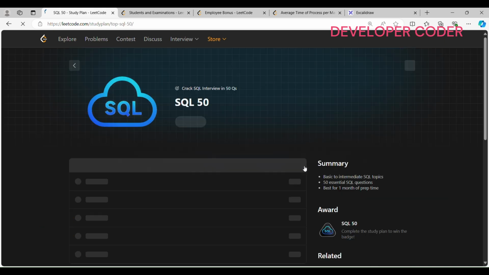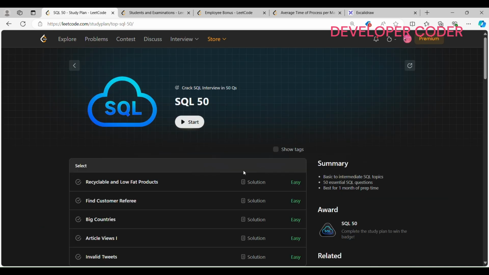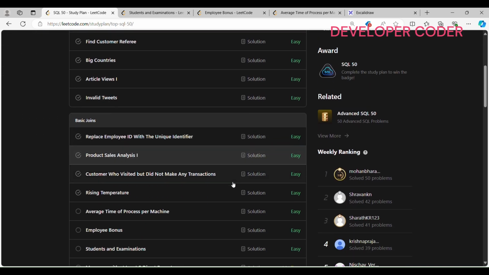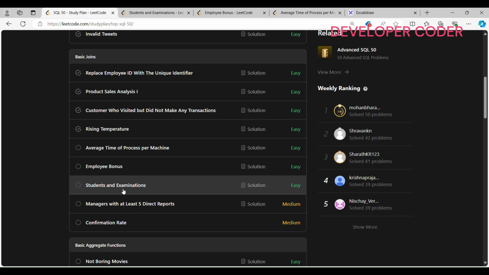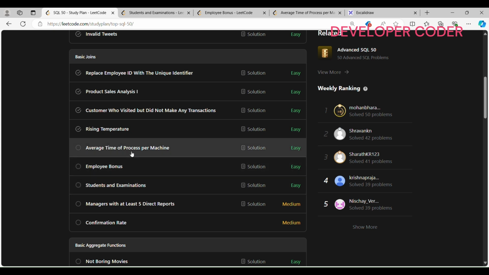So as part of this SQL 50 placement prep series, today we are going to solve the next three questions, that is average time of process per machine. Then we are going to solve employee bonus, and after that we are going to solve students and examinations. Okay, so now without any delay, let's get started with the first problem, that is average time of processes per